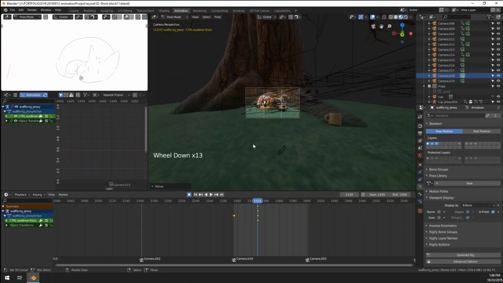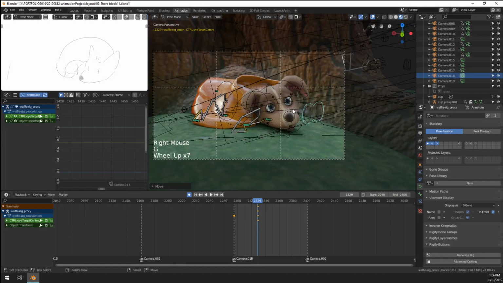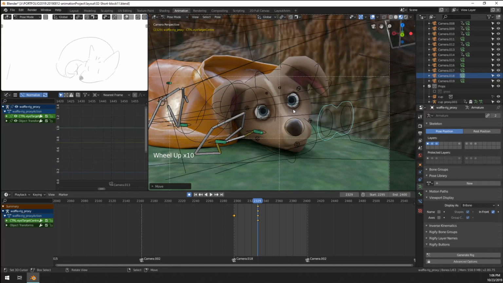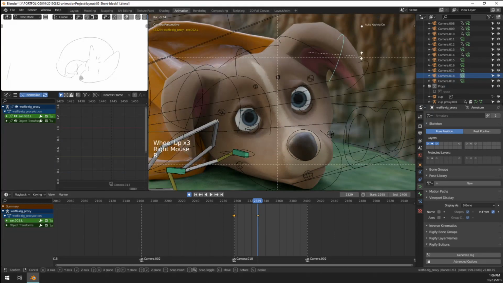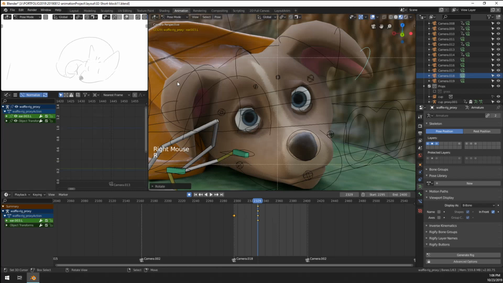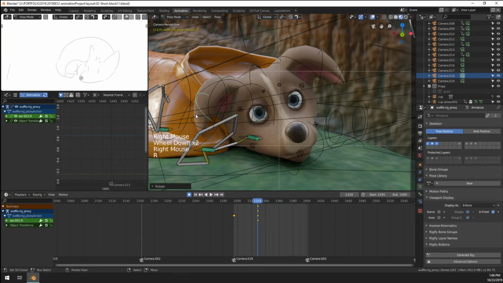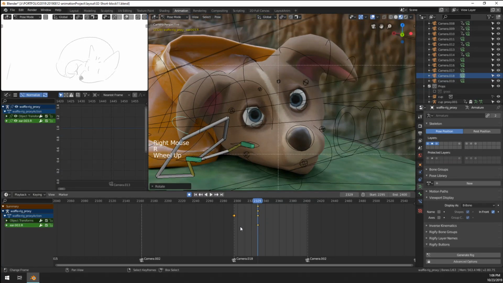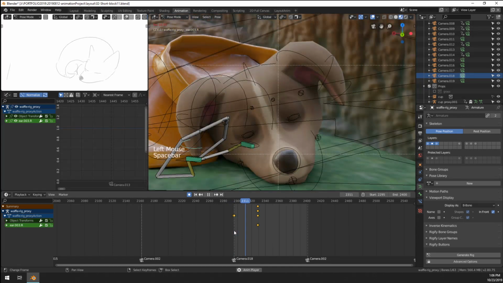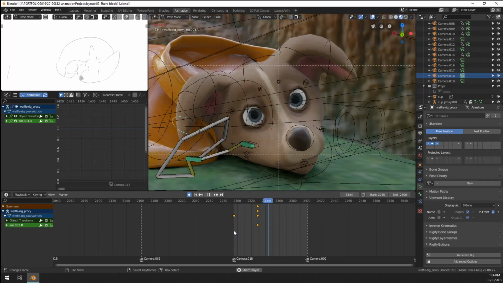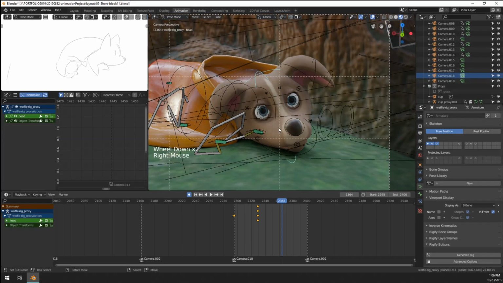Let's see what we're doing. So he's kind of like, let's put a little bit of emotion through his ears. Just kind of like, huh? And then, like here, he can be